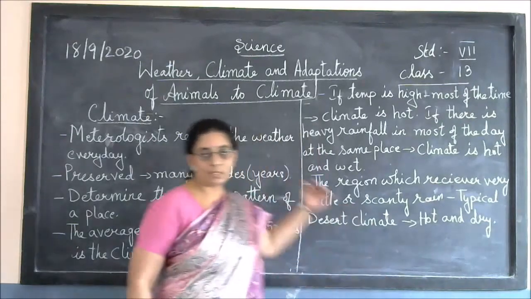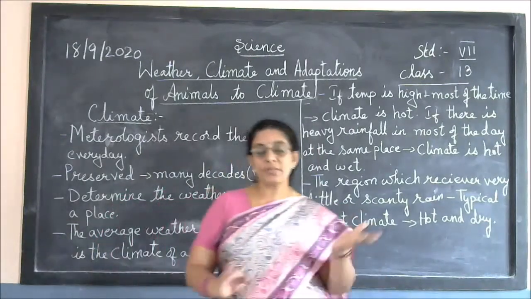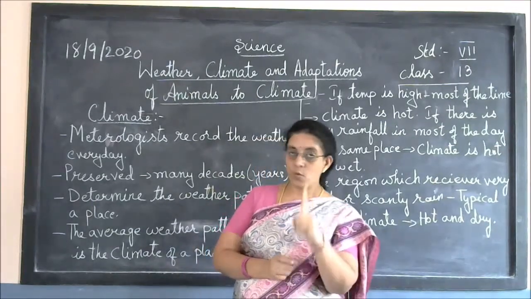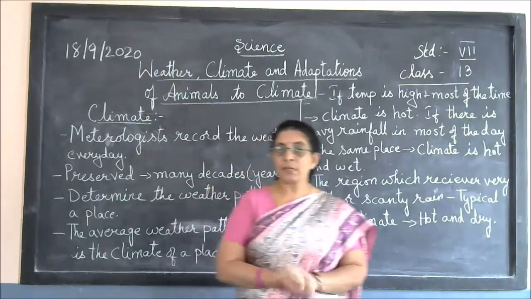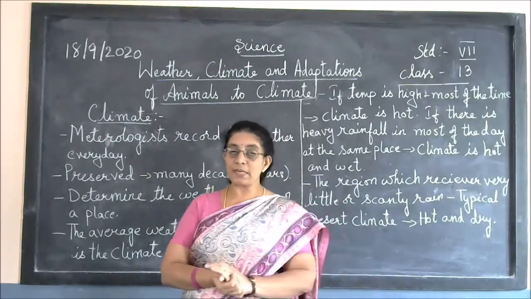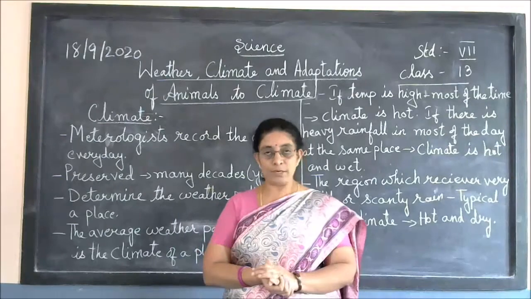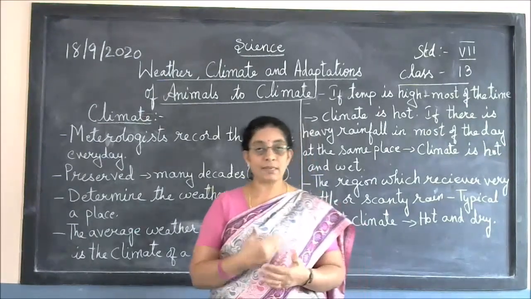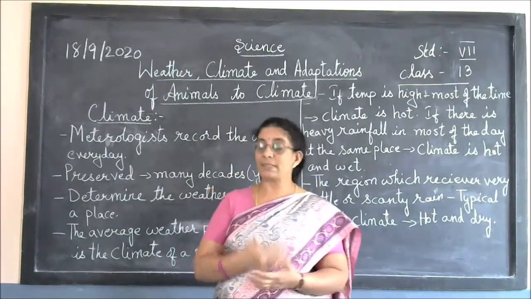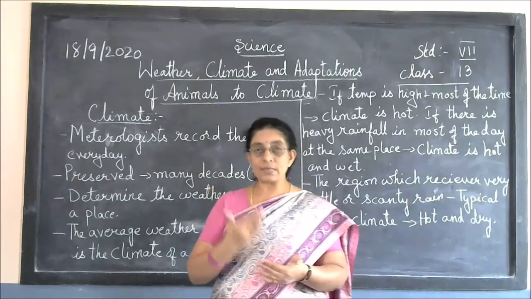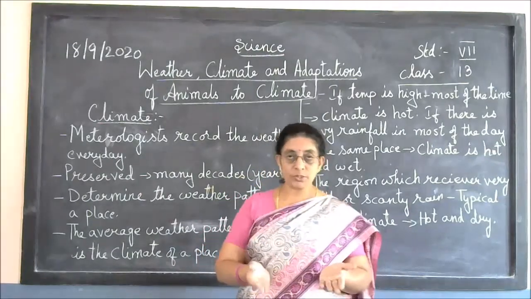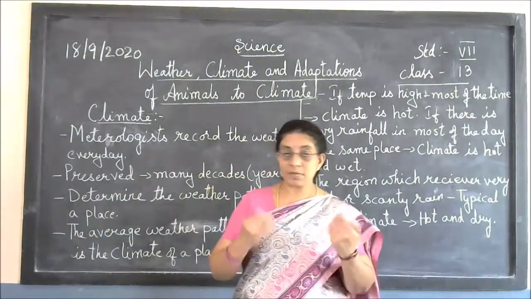Yes, children. Now next we will see the climate. What is the main difference between the weather and the climate? As I told you, weather is only for one day, that is for 24 hours. It is found out in the meteorological department, and the people who do it are called meteorologists. So here, how do they decide the climate of a place? These meteorologists take every day's weather condition, and after giving it as news, they don't discard it. Discard means they don't throw it away.